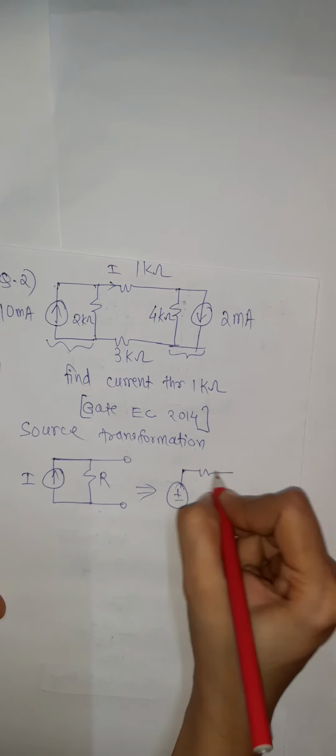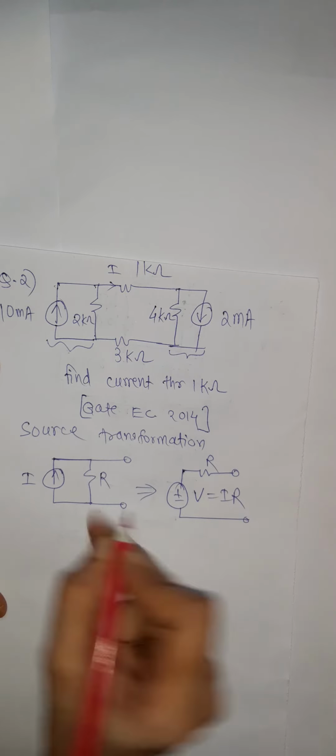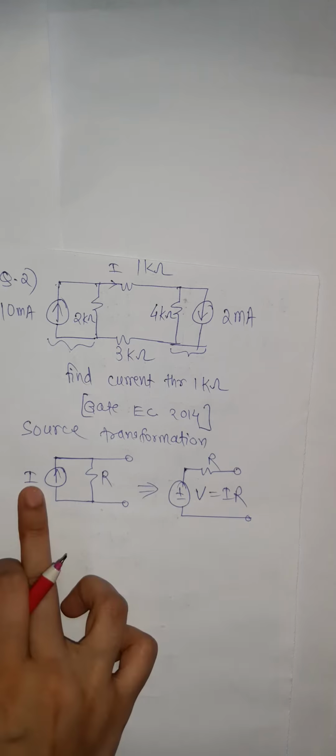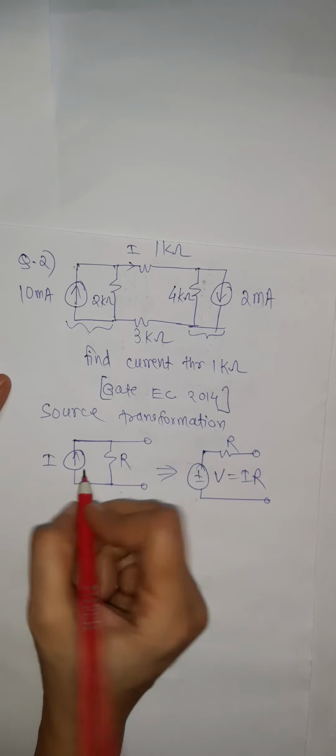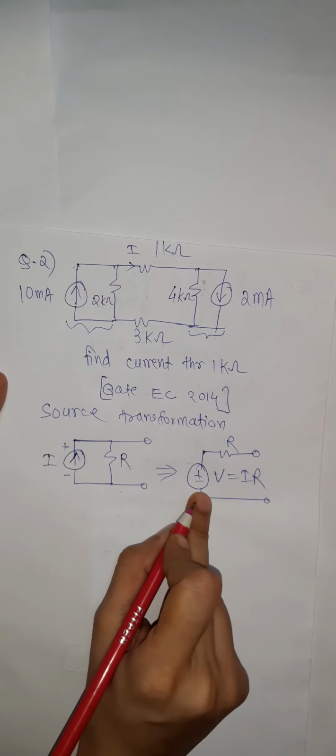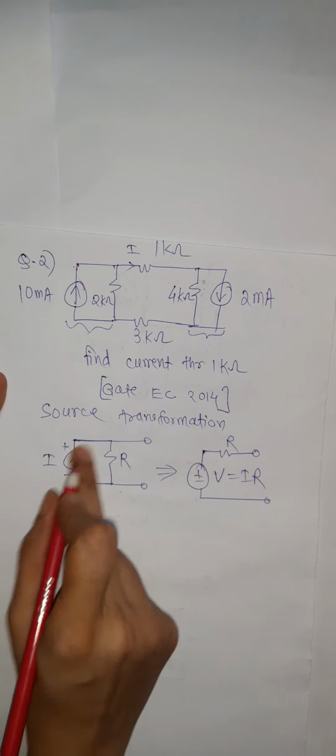a voltage source in series with a resistance, where V is nothing but I times R, and the R that was in parallel will come in series, and V is equal to I into R. The direction of current is from negative to positive. So here the voltage polarity is minus plus, V and R, and now